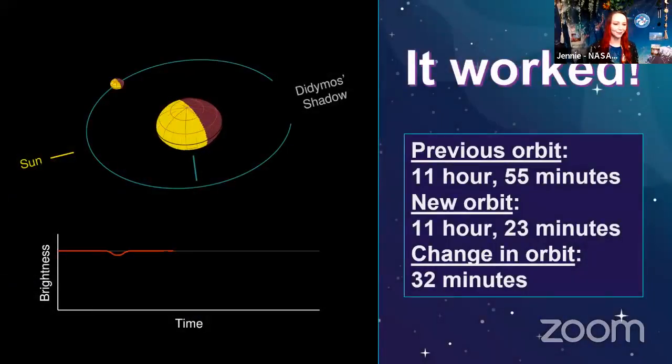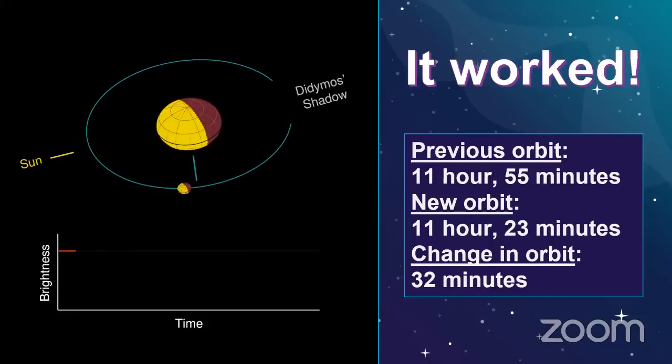It did work. If you predicted it worked, it did absolutely move the asteroid. As the smaller asteroid orbits the larger one, what we can see using our telescopes on Earth is that sometimes the brightness of the asteroid changes. That's because sometimes the small one goes in front of the big one, sometimes it's off to the side of it, and sometimes it goes behind it. So we knew from observing this system that the small one,